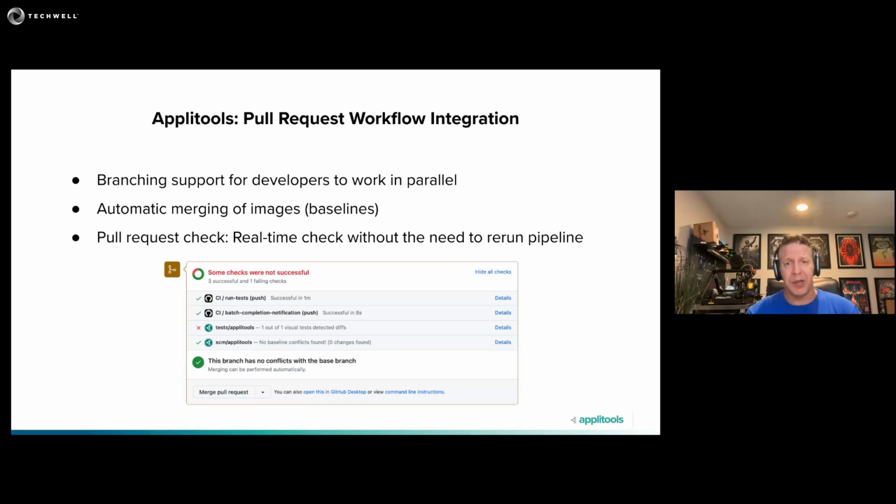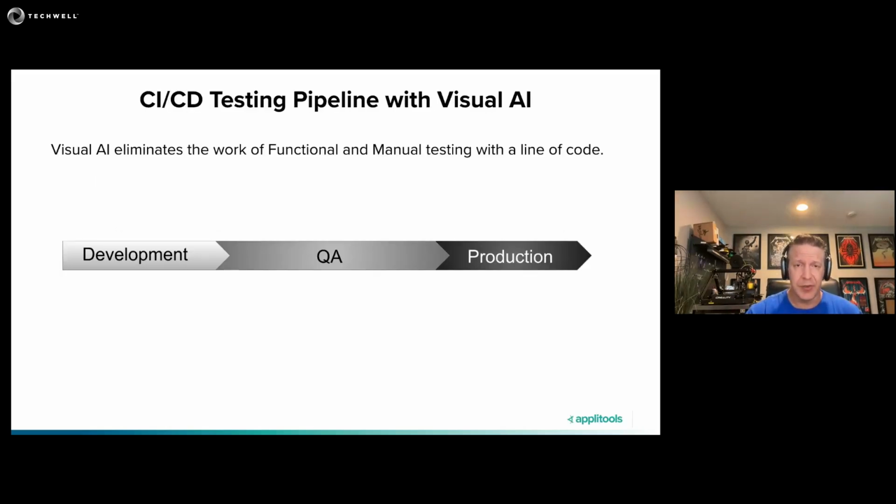Like I said, a lot of what I'm showing you besides this can be applied to any stage within your pipeline. So circling back on that graph that I was showing earlier with the sample CICD pipeline, assuming we're using our source control integration here, what I'm able to do is add Visual AI functional testing to my development phase. So now that I've addressed all those issues up front with maintenance, the speed of the tests,